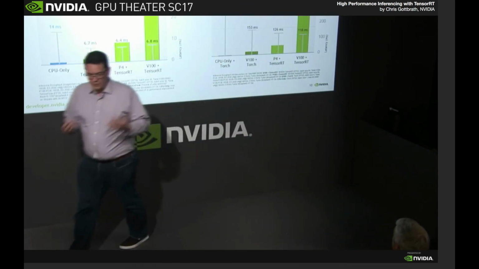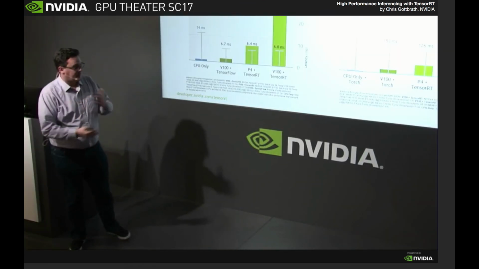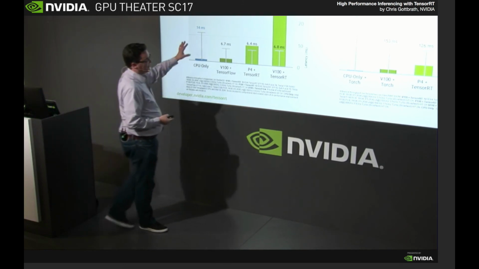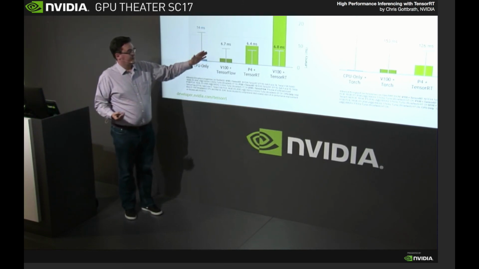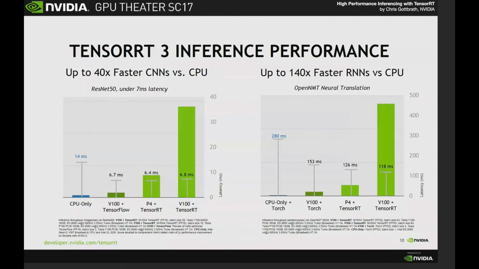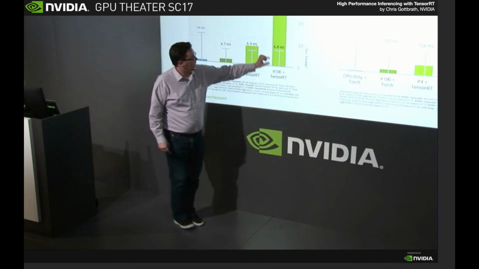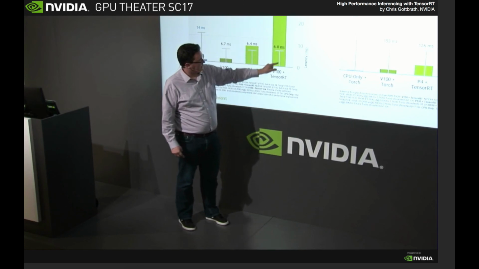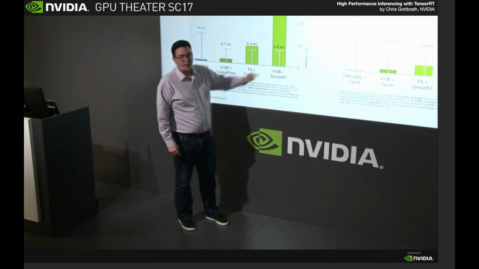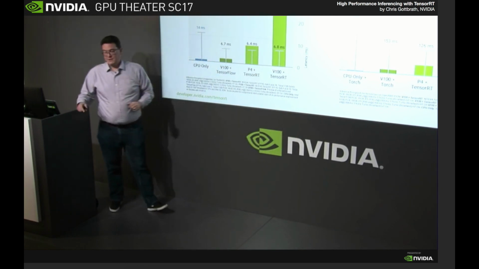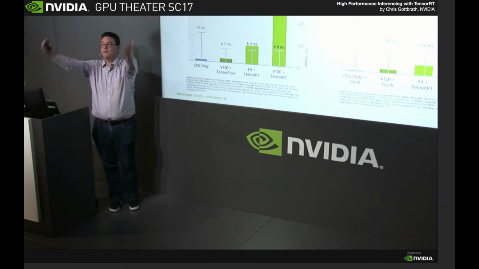Now, there's another parameter going on here, and I'd love to talk to anybody who would like to dig into this, but the other parameter here is the latency. So we said we had a target of 7 milliseconds here. With the CPU, we couldn't even hit that target. With TensorFlow, you can just barely hit it. With TensorRT, actually, you can blow that away. If you do batch size of 1, the bar wouldn't be as high, but the latency bar would be way down here. But if you have a 7 millisecond latency and you're dealing with a flood of images,